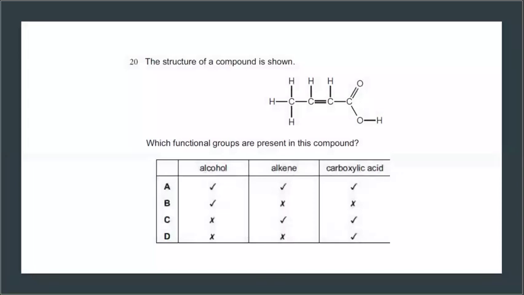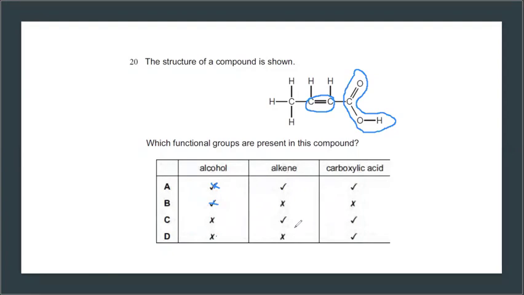Next question, question 20. The structure of a compound is shown below. In the compound we have C double bond O, OH, that's the functional group for acid. Then you have C double bond C, that's the functional group for alkene. There's no OH group, so you have no alcohol, and it's not only single bonds, so it's not an alkane. So the question: what functional groups are present in this compound? There are no alcohols present, so A is not your answer, B is not your answer, so it's possibly C